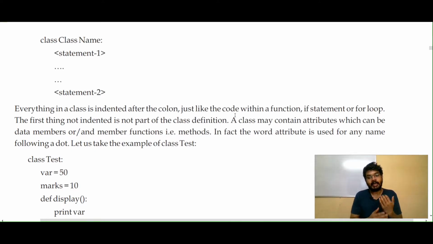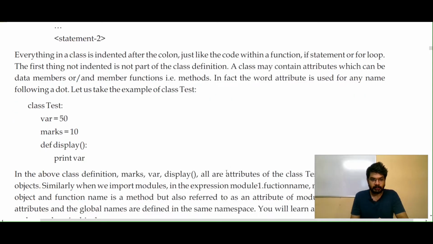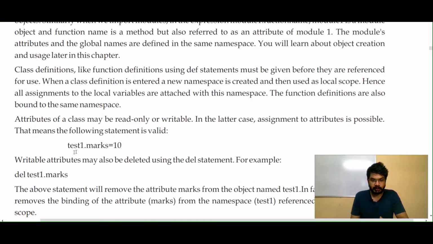Now, class definition: as soon as you have defined a class, you have defined its attributes. These attributes can be read only and can be writable also. Suppose you want to access a particular attribute of a class. Let's take this example: test1 is a class and you want to access the marks attribute of that class. For accessing that, you need to use the dot operator first of all. Suppose you have a class named dog and a function named bark. To access the bark function, you have to create the object of the class, and then by dot notation, you use the function of the class. So that's a basic rule that is followed.